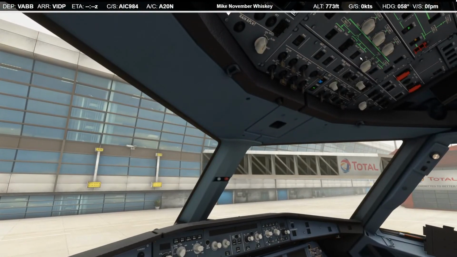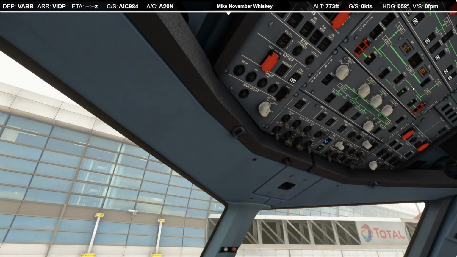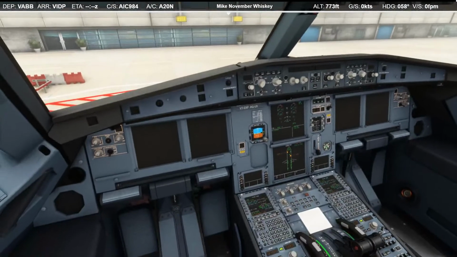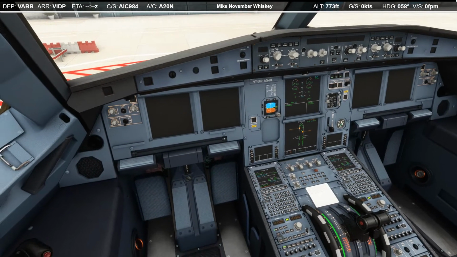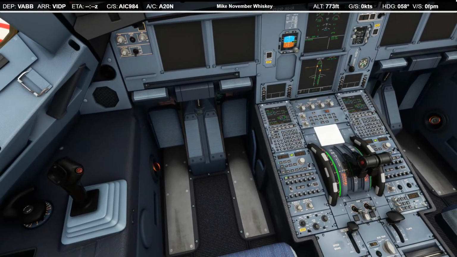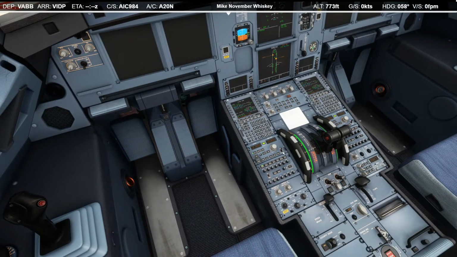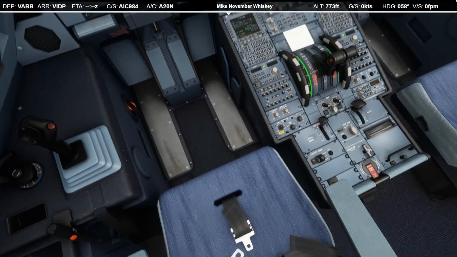External power is available, so we'll go ahead and connect that. We'll shut down the APU. Assume passengers are already off boarding. And yeah, we'll shut down the radios. No longer need to squawk.